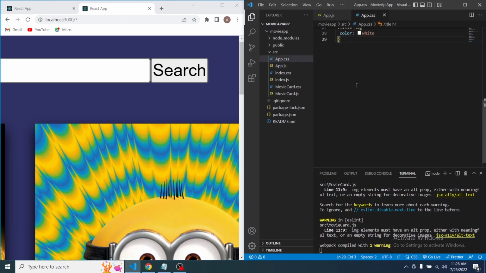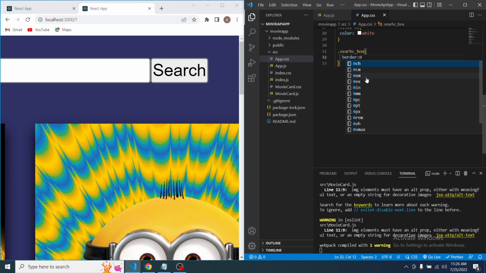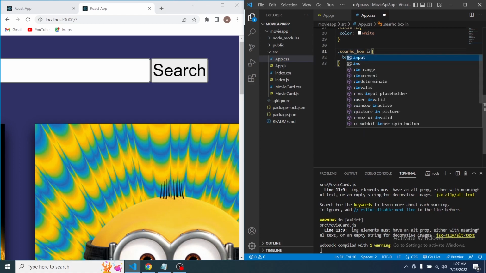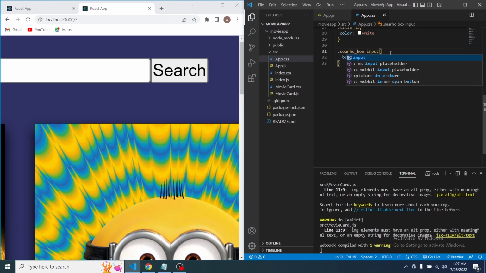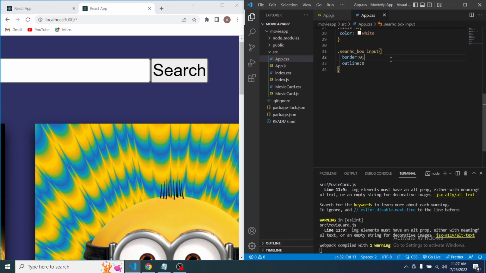So search box, we'll say margin, border 0. Search box, and we have to type input at the end because it's individual. Border 0, outline 0, and